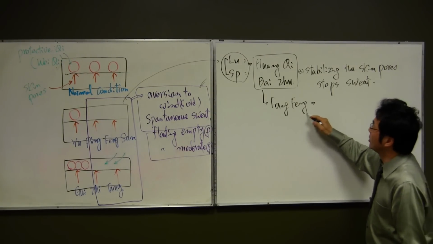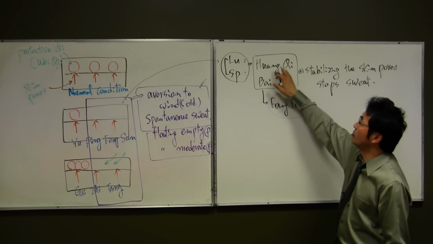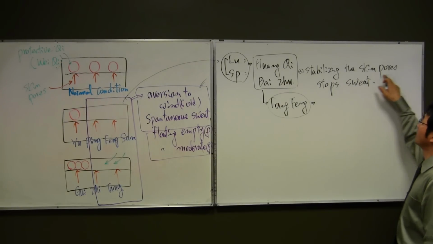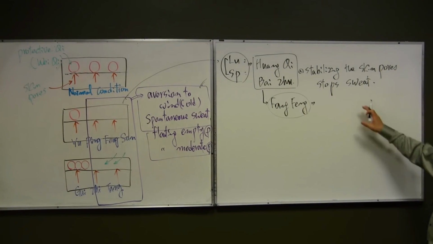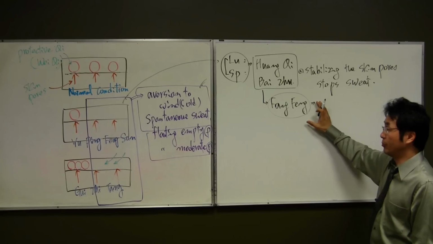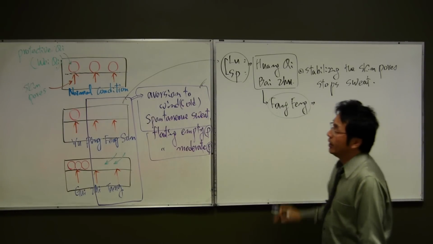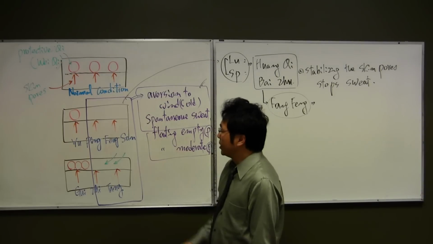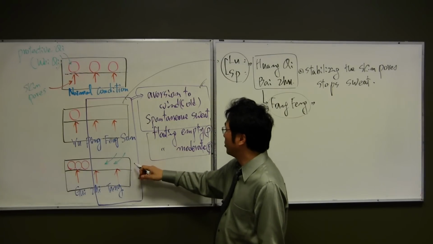So this is a really good herb that helps these two herbs stabilize the skin pores and stop sweat. So these three are the main ingredients of Yufeng San, right? And another one is Gui Zhi Tang. In the Gui Zhi Tang condition,